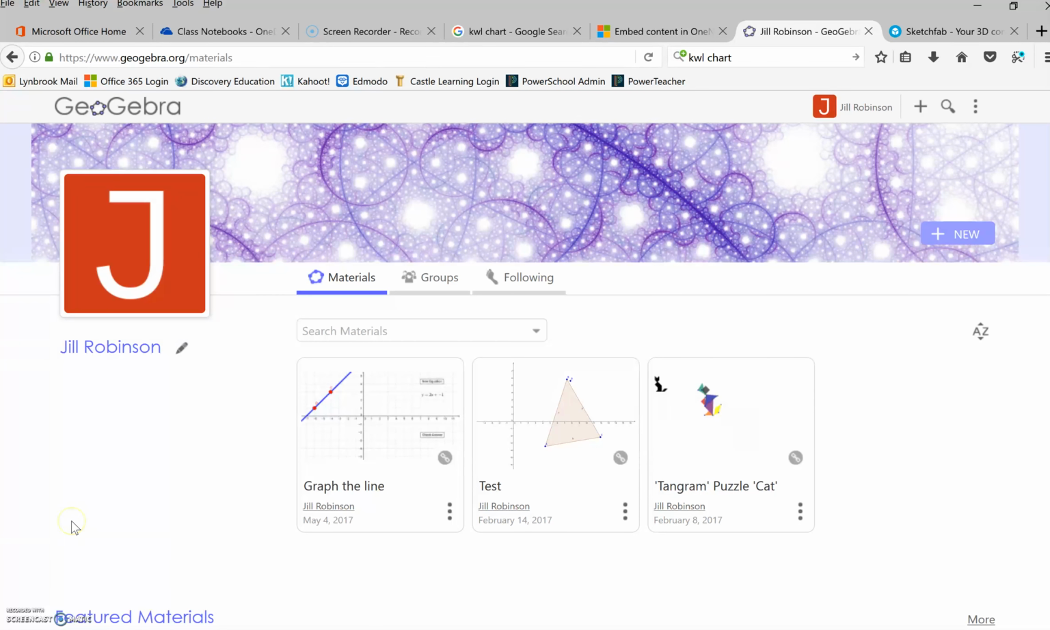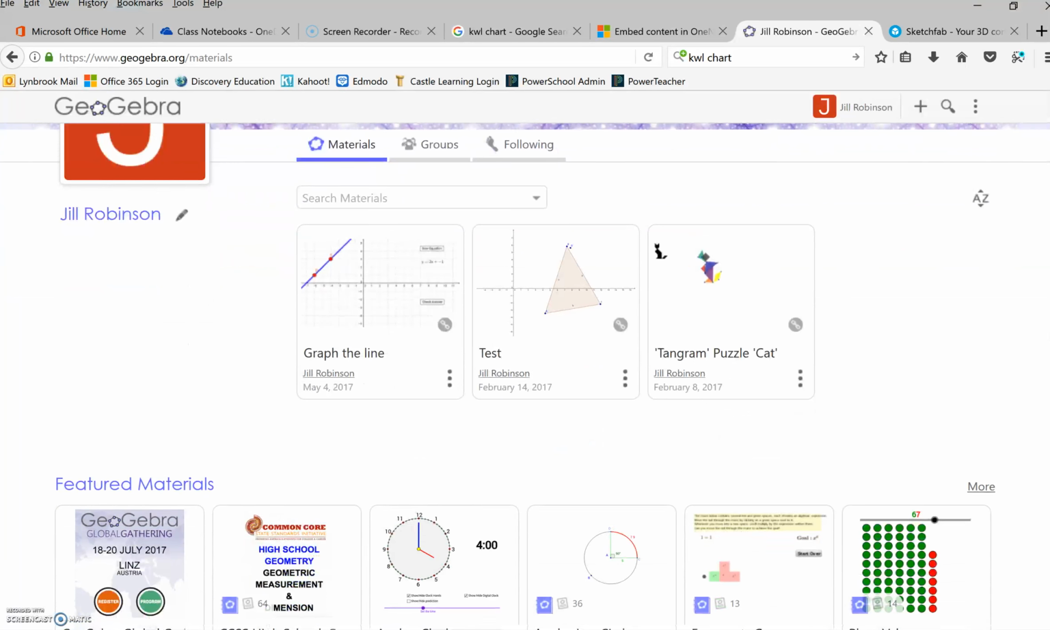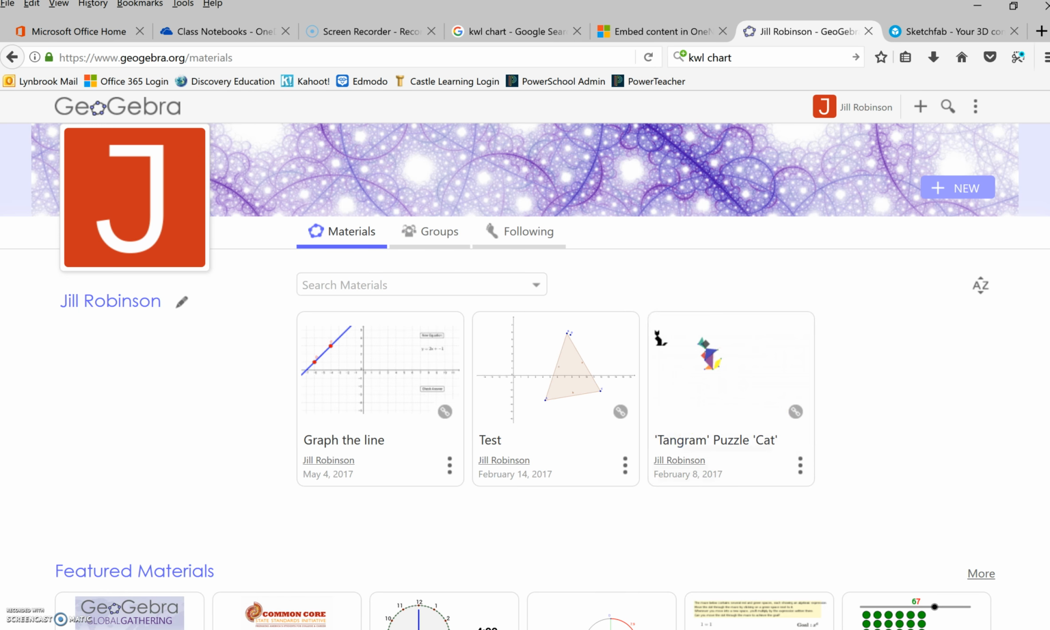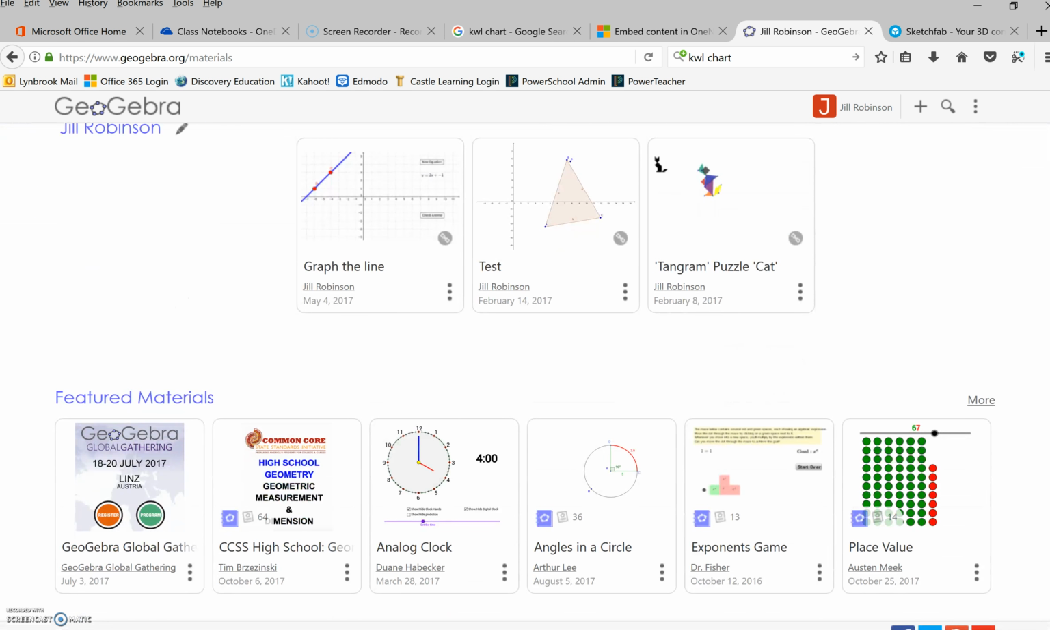There's all kinds of already created math manipulatives in here, but you can also create your own. I do find it easier to search for material if you create an account with GeoGebra, and you can actually create one using your Office 365 credentials, which is even more convenient. So just as an example, you can search for materials here and type in whatever topic you're doing, but you can also look under the featured materials,